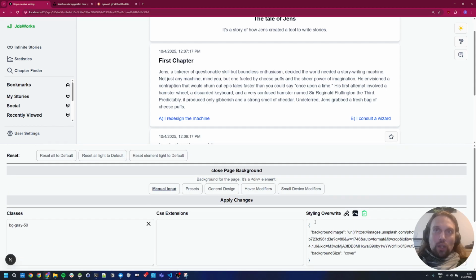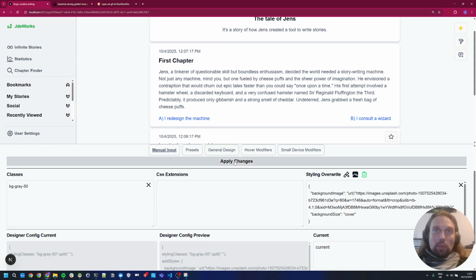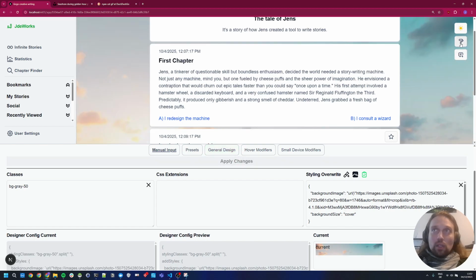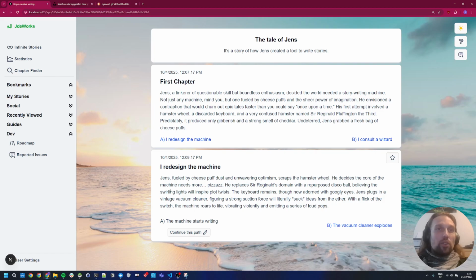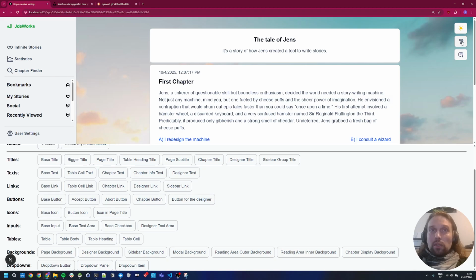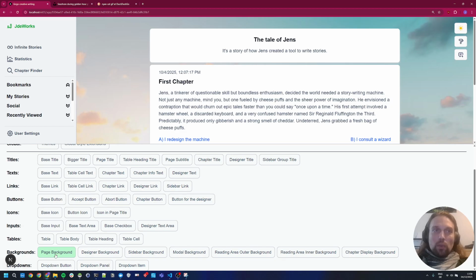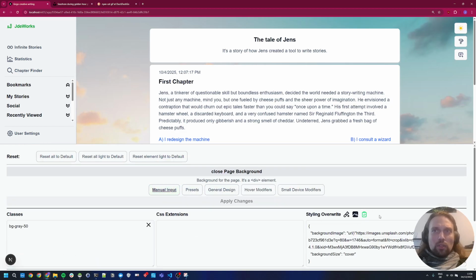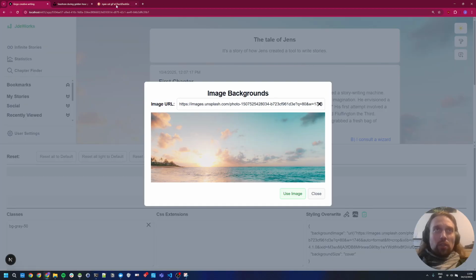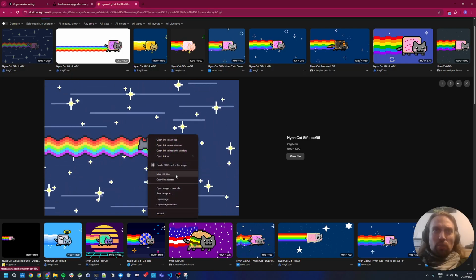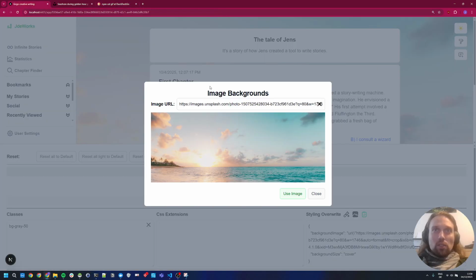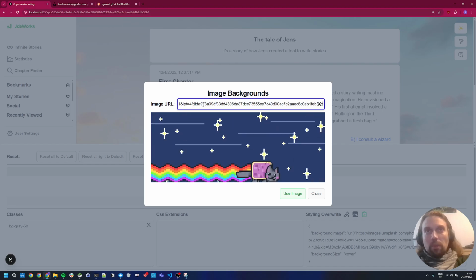You do need to apply these changes here because you can do a lot of wrong with it. So we can't see it yet, but there it is. Designer done. Now you have an awesome background in it and can read like this. But it can also do a bit more, right? So maybe we want a GIF as background, and everyone should be familiar with this one by now. So I just use it, paste it,